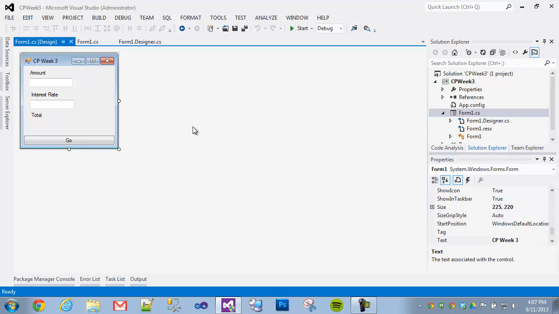So to demonstrate a lot of this, I created a week 3 app. It's a basic web form. It's got 2 text boxes, some prompt labels, and then there's one label that's actually kind of hidden here. Let's see if I can, there it is, and then a button. And what this app is going to do is we're going to use it to demonstrate the method